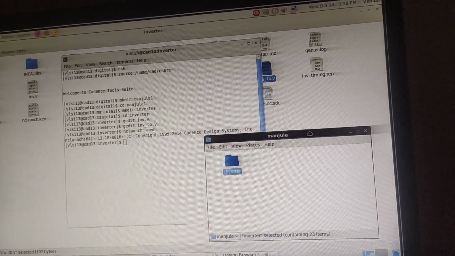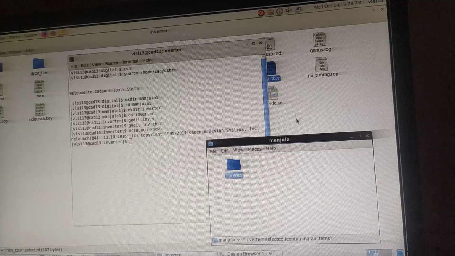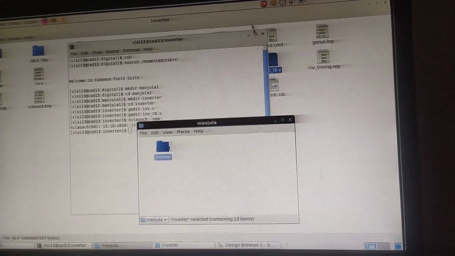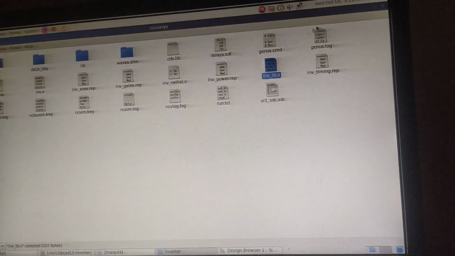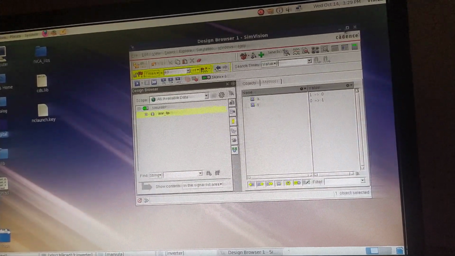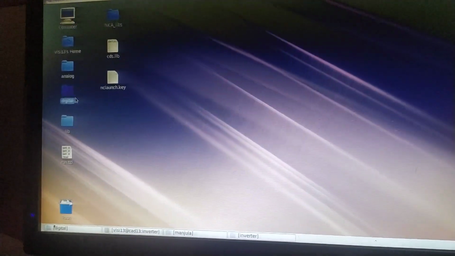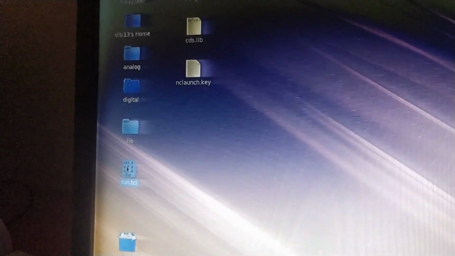Okay, so here in Cadence, before that I'll tell you, when you go for the synthesis, what you are supposed to remember is that we have what is called a lib file and the run.tcl file. These two files you need to keep in your folder. Therefore I have created the folder Manjula 1.